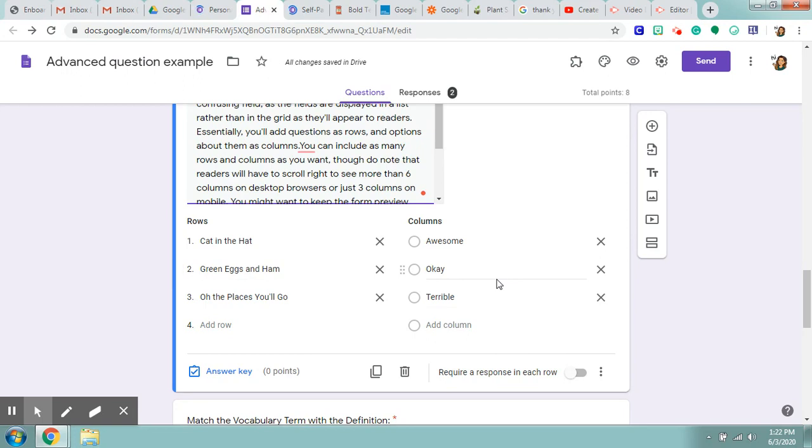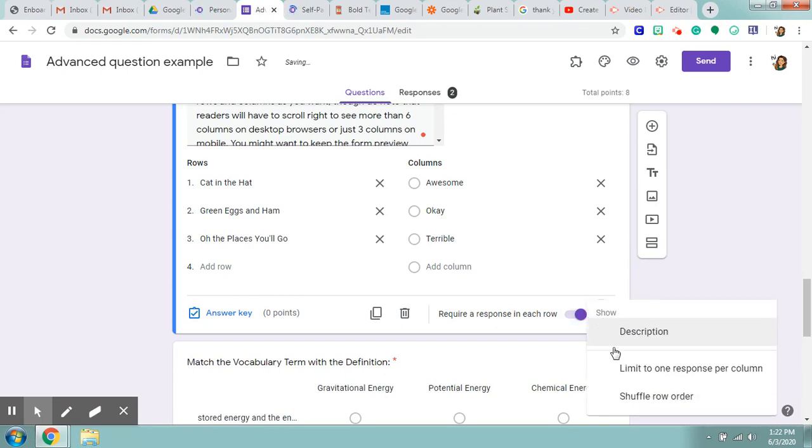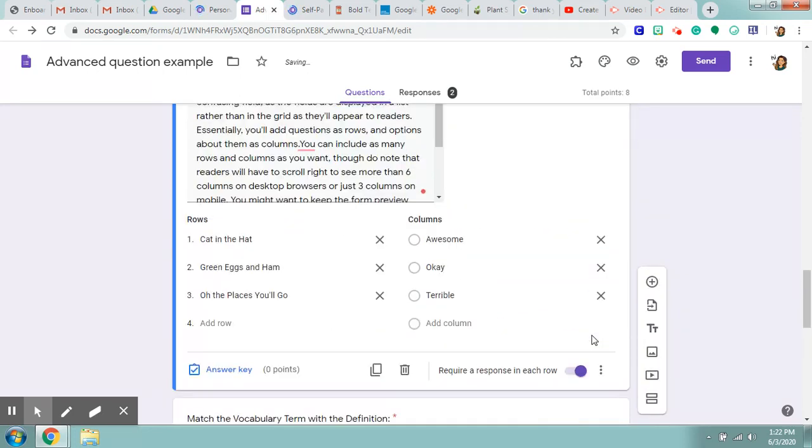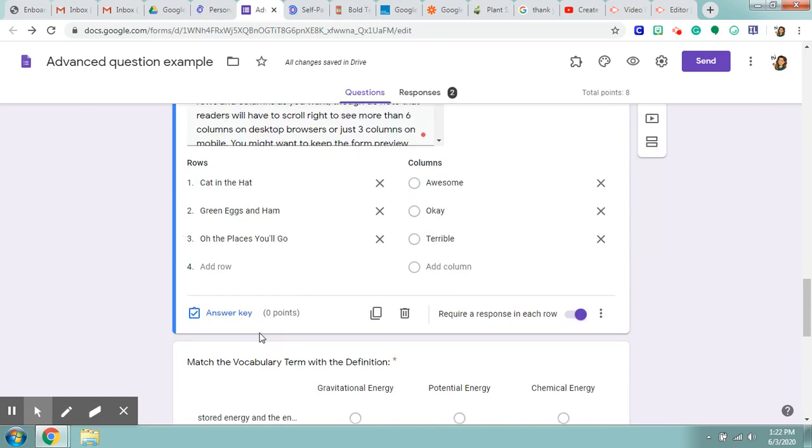You can use this for rating, like this one has rating books. You can even select that they have to respond in each row here. You can also select that you want only one response per column. And you can also shuffle here, shuffle the row order, okay? And for something like this where it's an opinion, maybe you don't want to assign points